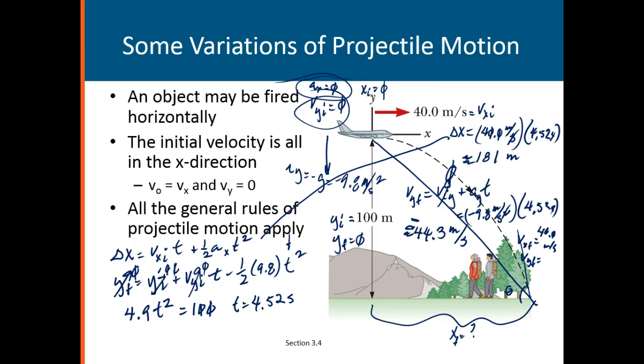If you would allow, here was your V sub x. V sub x final is 40.0 meters per second. And the V sub y final was downward, and that was 44.3. V sub y final is equal to 44.3 meters per second down. Now,